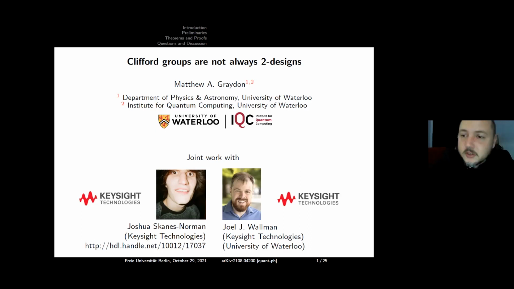I'm going to demonstrate that the Clifford Group fails to enjoy the two design property in composite dimensions. The Clifford Group on qubits, let's say, has powerful and existing applications in quantum information, both theoretical and experimental. So I am going to cast a word of warning that these techniques will not generalize to systems with more than two perfectly distinguishable states. And that's the plan for the talk.